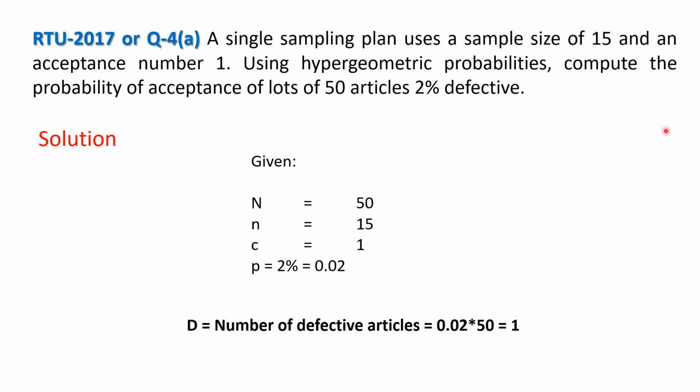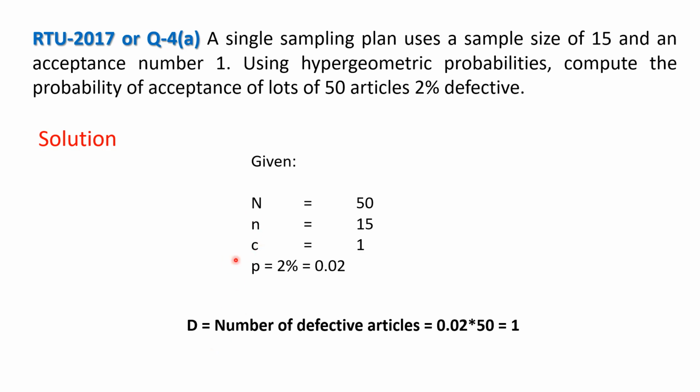So we can see what is given in the question. Here the sample size is 15, so small n is equal to 15, and the acceptance number is 1, so C is equal to 1, and the lot size is equal to 50, so capital N is equal to 50, and here the percentage of defective is also given, that is P is equal to 2%, that is 0.02. Then